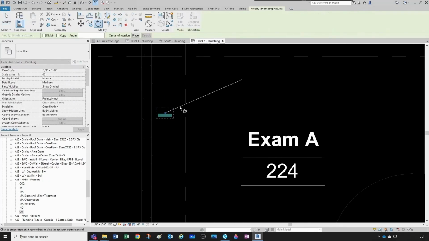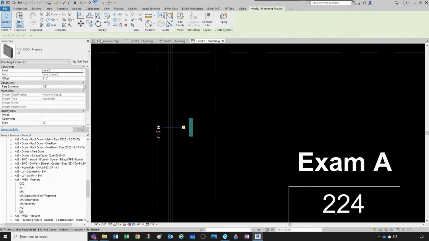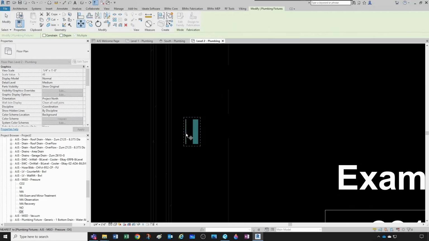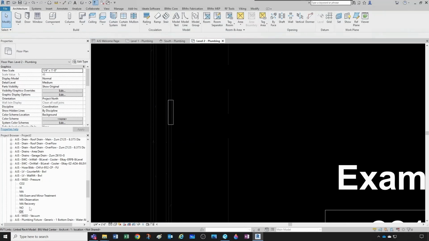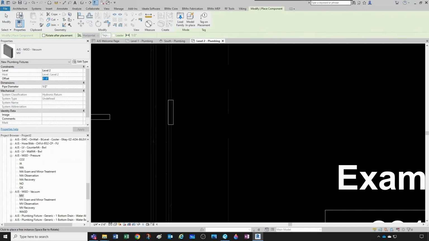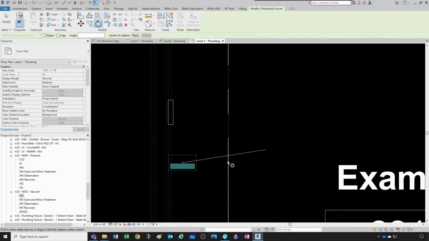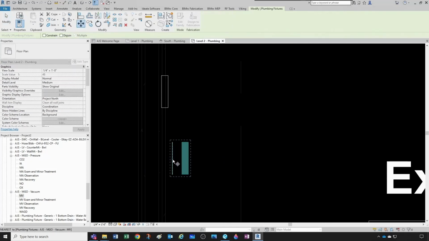I'm gonna rotate it 90 degrees, and this is not wall hosted, and that's intentional because wall hosted elements are annoying. So I take this and I place it here, and then now I'm gonna need a vacuum, so that's gonna be a different type of medical outlet. So medical vacuum, drop it here. Let's say we said 3 feet. We're gonna rotate this 90 degrees, and now I'm gonna move from here to here,